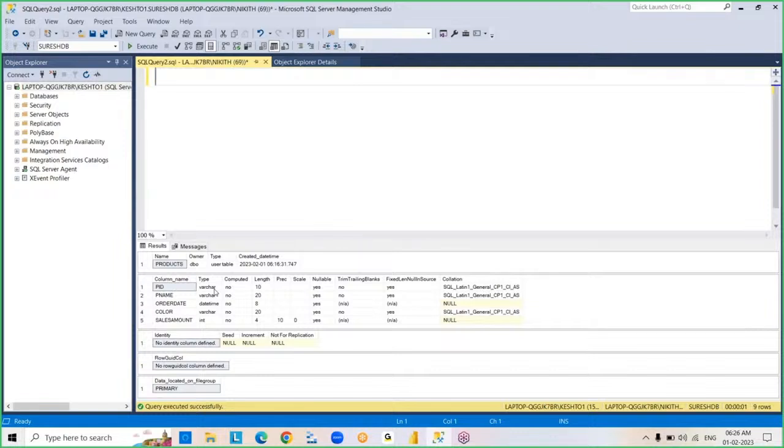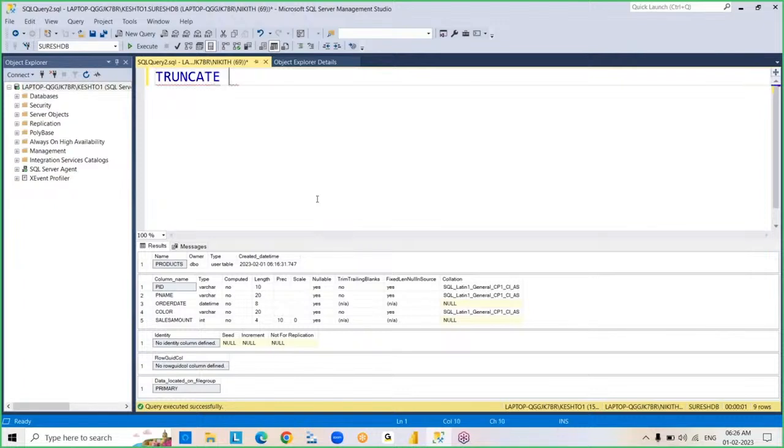So this is the way we alter a table. You create a table in the beginning. After that, you added new columns to the table, dropped a column, and changed the data type of a column. So you performed different types of operations. Right? And so now